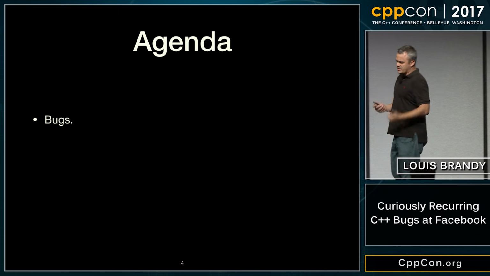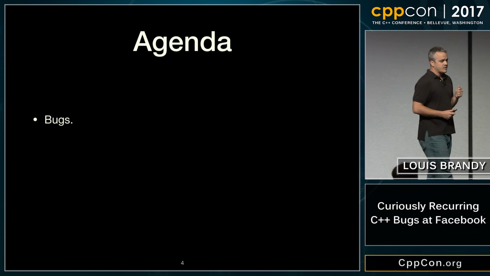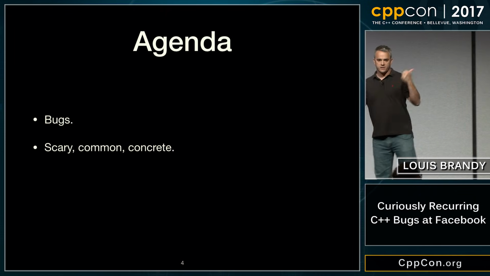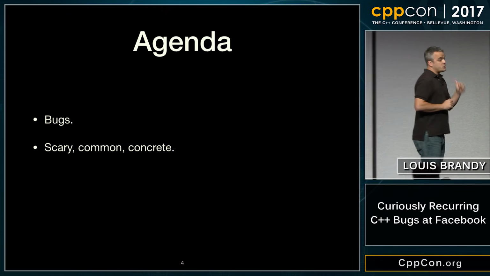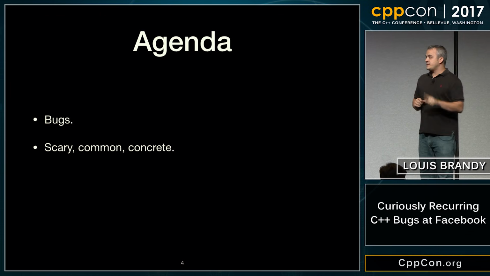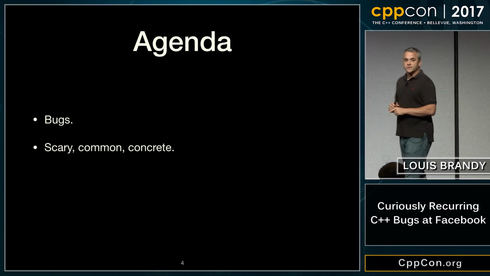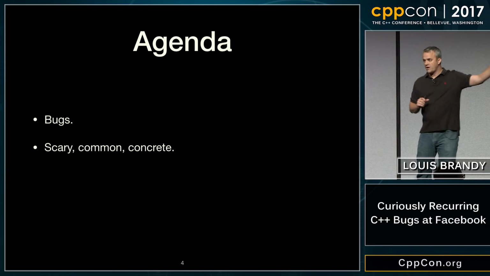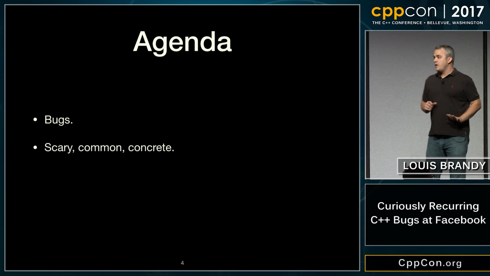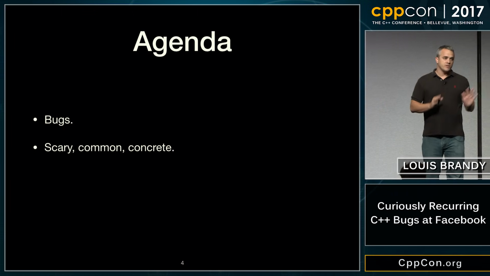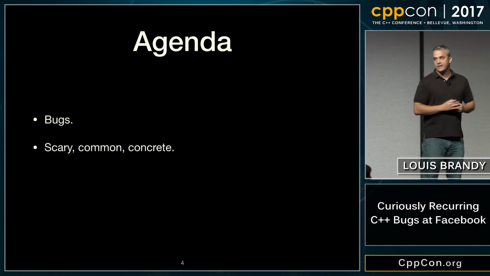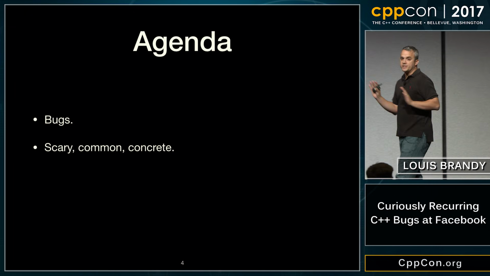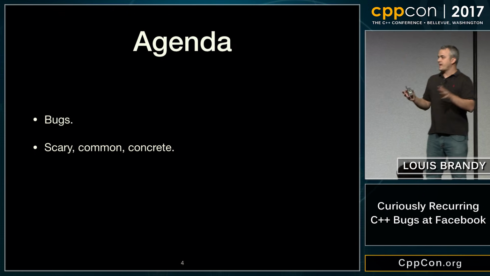So obviously my agenda is bugs. I brought some bugs with me. I had some criteria for the bugs I wanted to show you. I want them to be scary, so a syntax error or whatever is not interesting. I want them to be common and recurring, things that keep happening over and over despite our best efforts. They're also not the list of the craziest thing I've ever seen. That's a different talk. And they're concrete, so I have bugs that fit on slides. I'm going to show you C++ that is broken. It's not going to be about libraries that have bad ownership models causing lots of bugs, which is true, they do, but that's abstract and not super interesting.